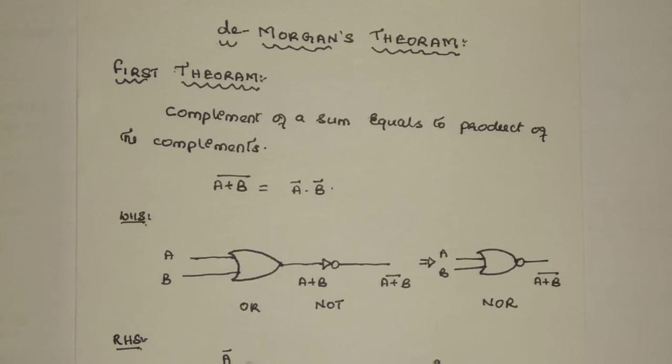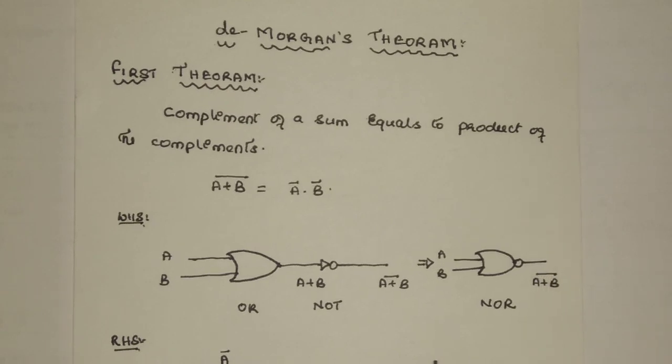So when it comes to the left hand side, it is an OR gate. A plus B means OR gate. Here the direct inputs to the OR gate are A and B. The output of the OR gate is A plus B. This output is connected to the input of the NOT gate, and the output of this NOT gate is given by (A plus B) bar. That means this is nothing but a NOT-OR gate, NOT OR means NOR gate. That means if A and B are the inputs, the output is given by (A plus B) bar, which is nothing but the significance of the left hand side.